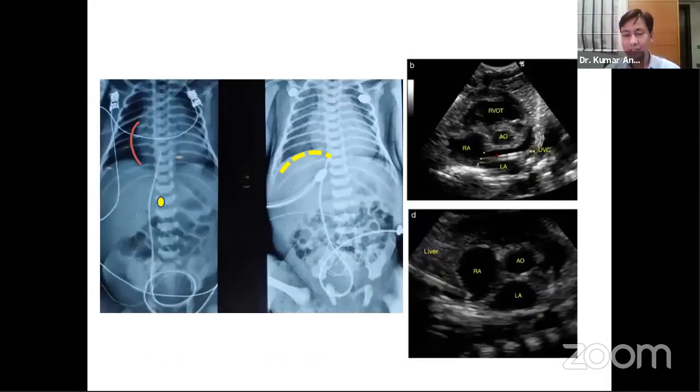In the short axis aortic view, you can find the catheter is inside the right atrium, crossed through the foramen ovale and into the left atrium. So under ultrasound guidance, we removed 1 centimeter of the umbilical catheter. Now the position was right. That means even if the X-ray shows the right position, probably it is not in the right position. We thought it was in the right atrium, but actually it was in the left atrium. So doing ultrasound would solve the problem, not the X-ray. If you are looking at the X-ray, just target between T8 and T9.